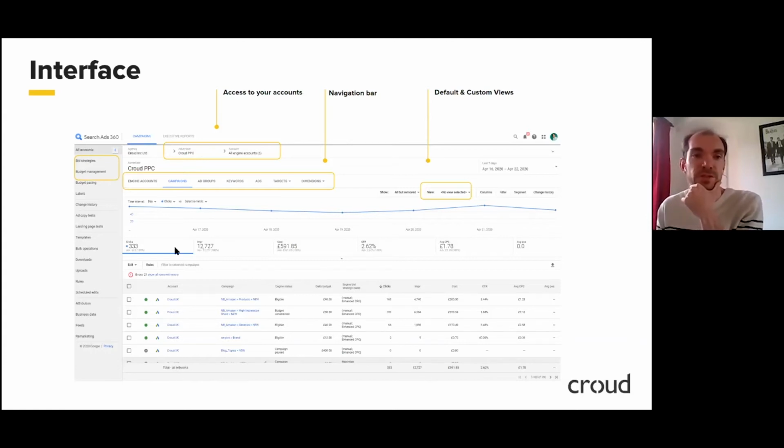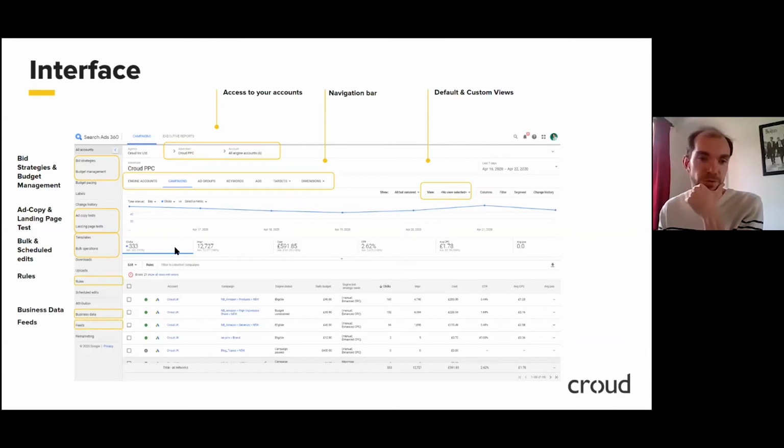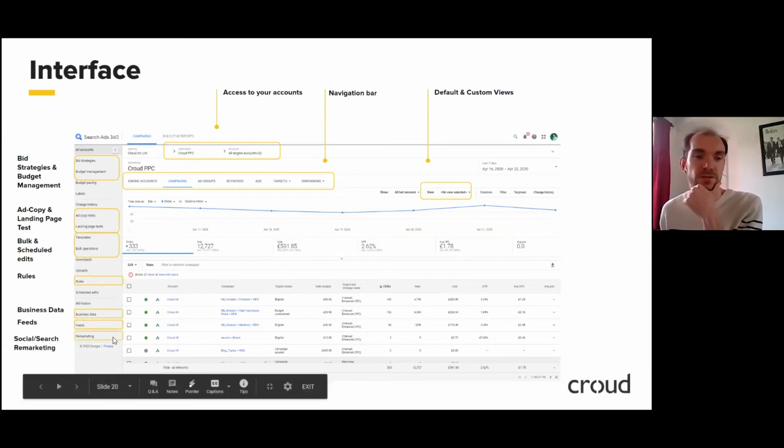On the left bar, you'll see some of the bid strategies and budget management. Looking also into some of the test features, such as the ad copy and landing page test, a number of templates and bulk operations that you can do across all your engines, the rules here that you can also create, and also looking into business data. And finally, we've got feeds, and that's if you have, for example, shopping activity, but also if you want to run inventory managed campaigns. And then finally, you'll have the ability here to look into your social and search remarketing